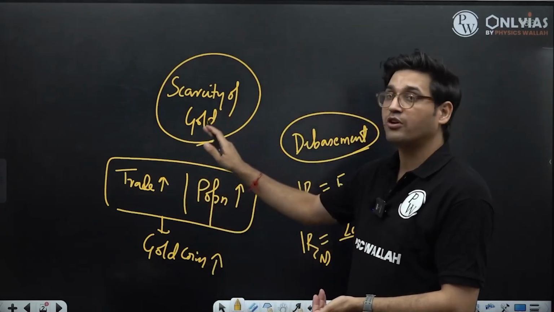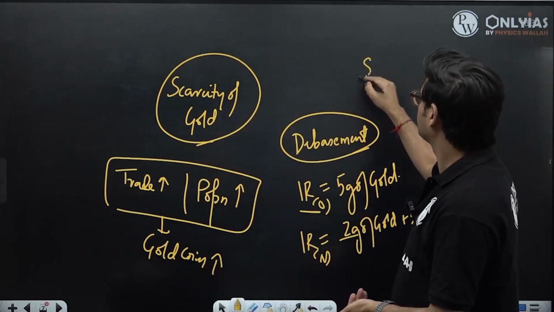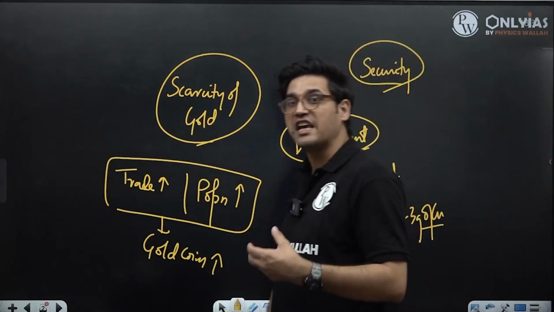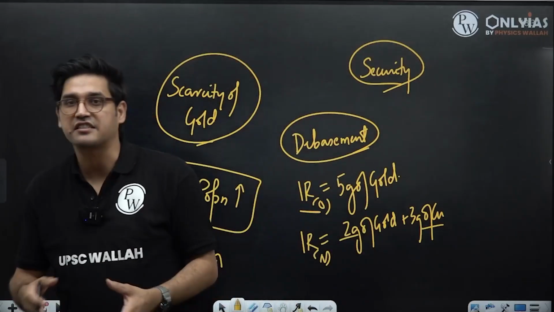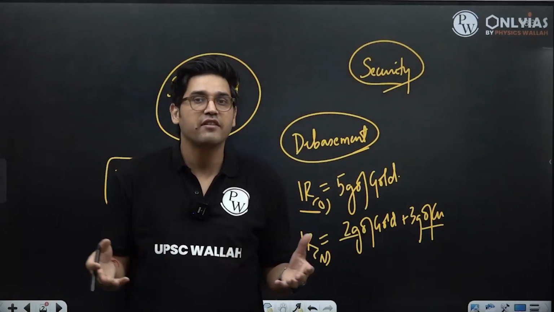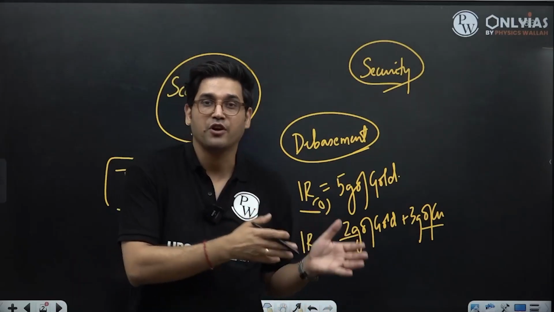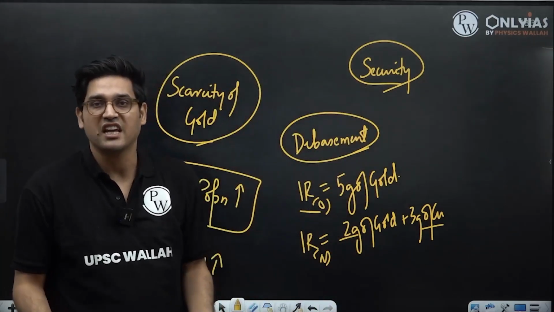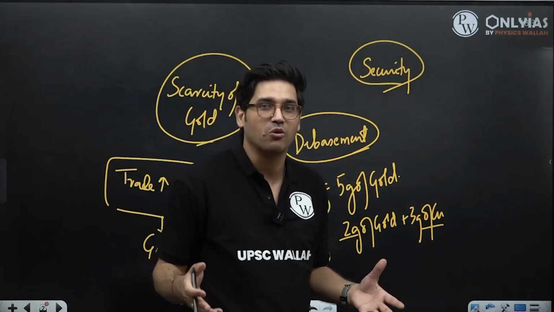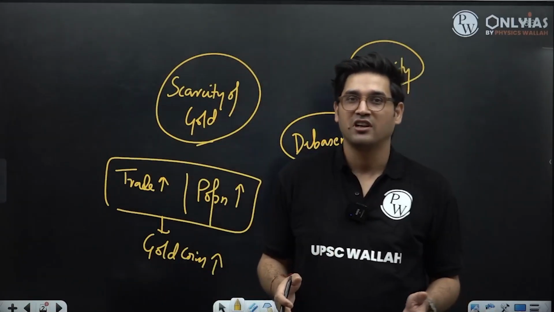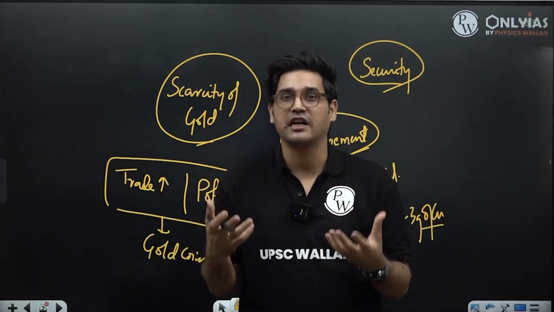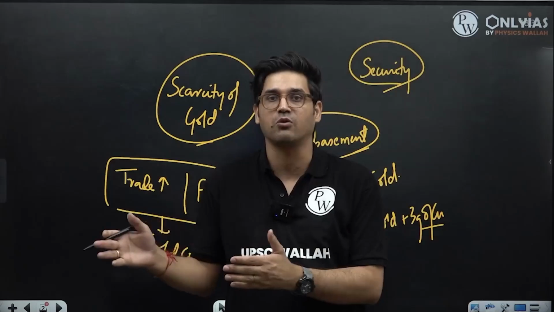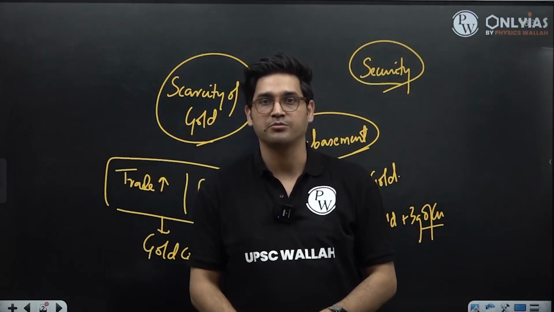The other problem for gold was to ensure its safety and its security. Since gold is very, very scarce, gold is also very, very valuable. So if you are going to trade from one place to another, you also have to keep it safe. And you can imagine, having to carry so many gold coins with you all the time, you'll always be worried. How do you keep yourself safe? Because there may be attacks. There may be people who are going to be looting your gold away. So this was also a big problem.